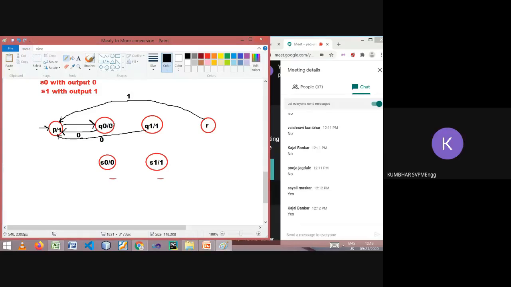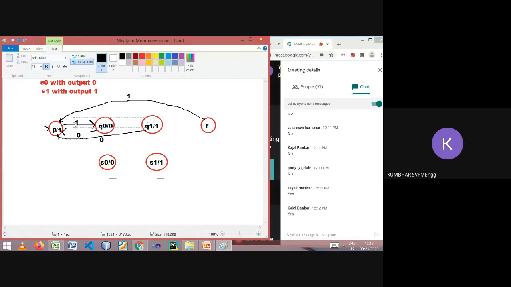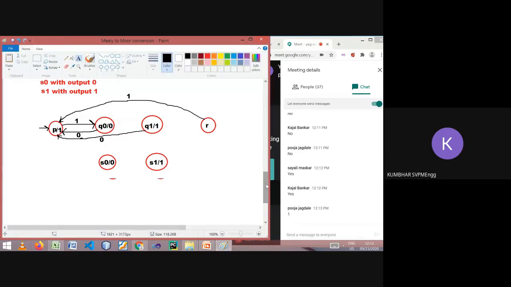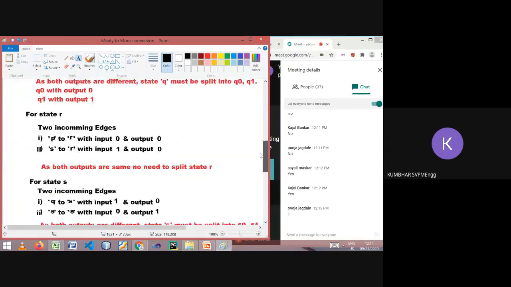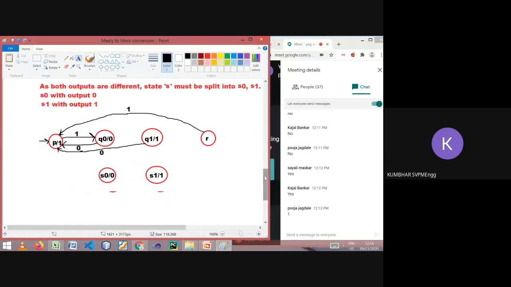The input there is 1. Let's check that Mealy machine again. From P, on input 1, it goes to the state which gives output 0. That's why in the Moore machine we search for the Q part giving output 0, and that is this state.